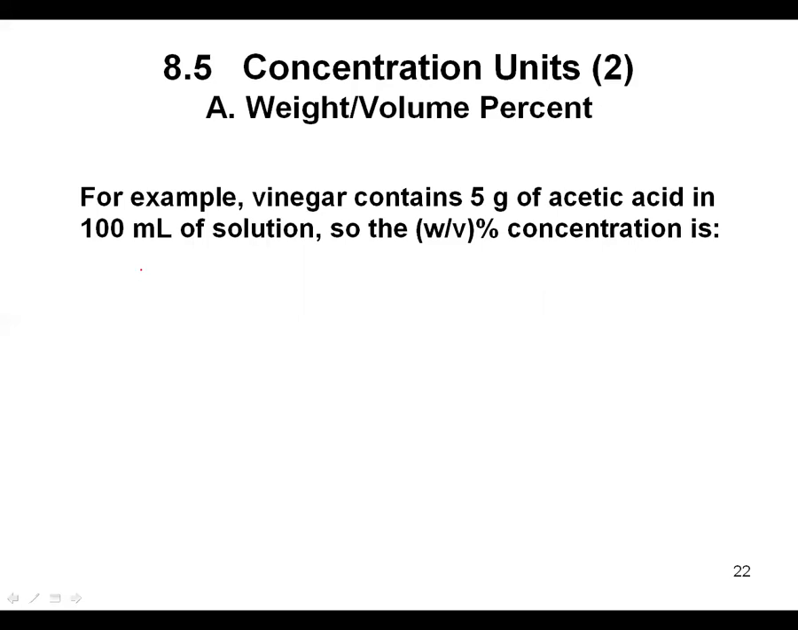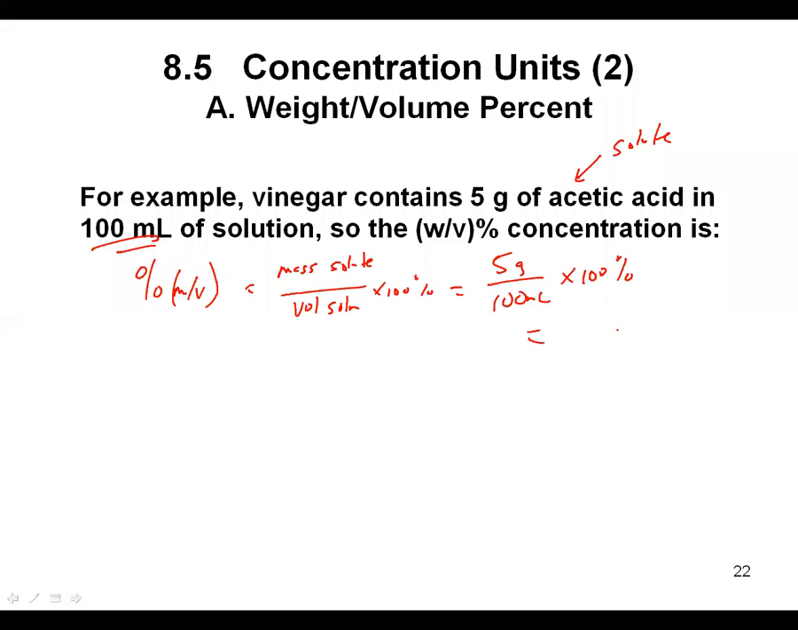All right, so we're looking for the percent mass to volume. That is, again, the mass of the solute over the volume of solution times 100%. The vinegar contains 5 grams of acetic acid, so our acetic acid is our solute. We have the volume of solution, so pretty straightforward in this case. We're just going to take the 5 grams, divide it by the 100 milliliters, times 100%. We should get something like 5%